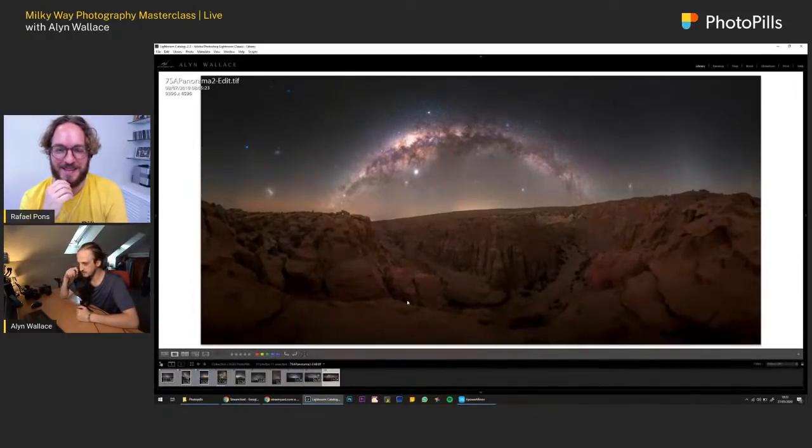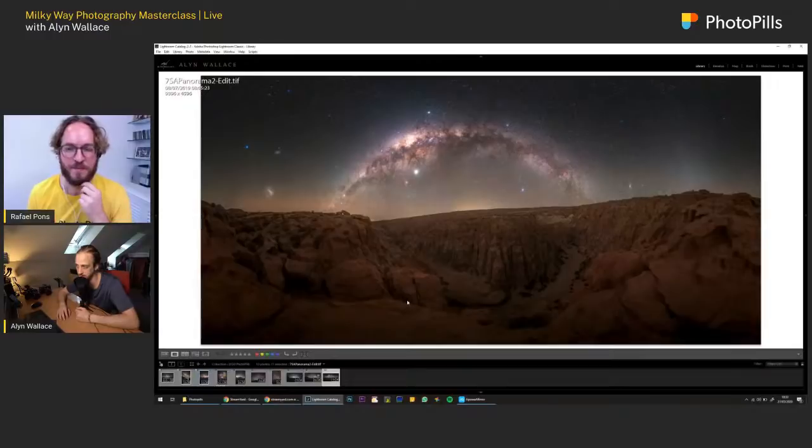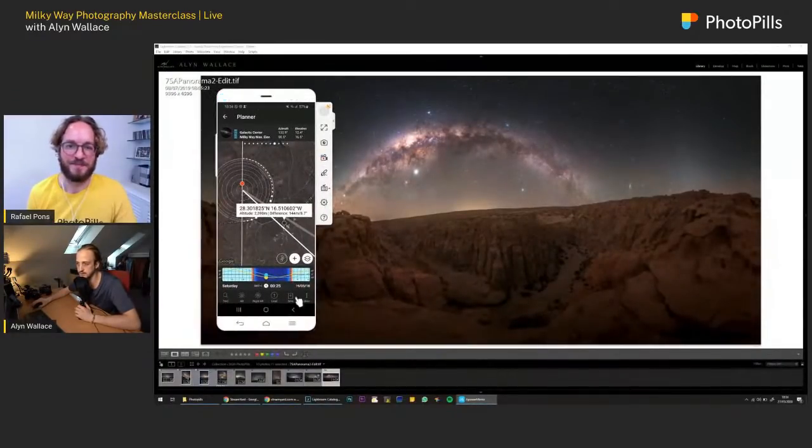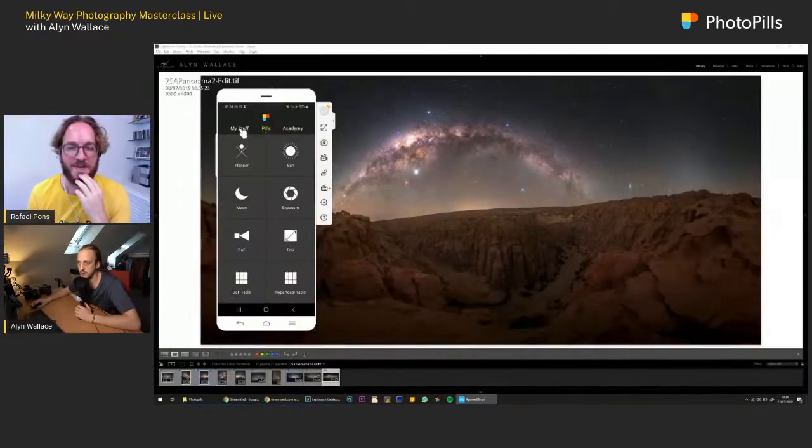But I just saw this canyon on Google Maps before we went adventuring in that area, and I was like, we really should check out this canyon. We found a few spots like this, but this one for me was the perfect one to get this really nice loop and curve in the foreground. And so if I just bring up PhotoPills,